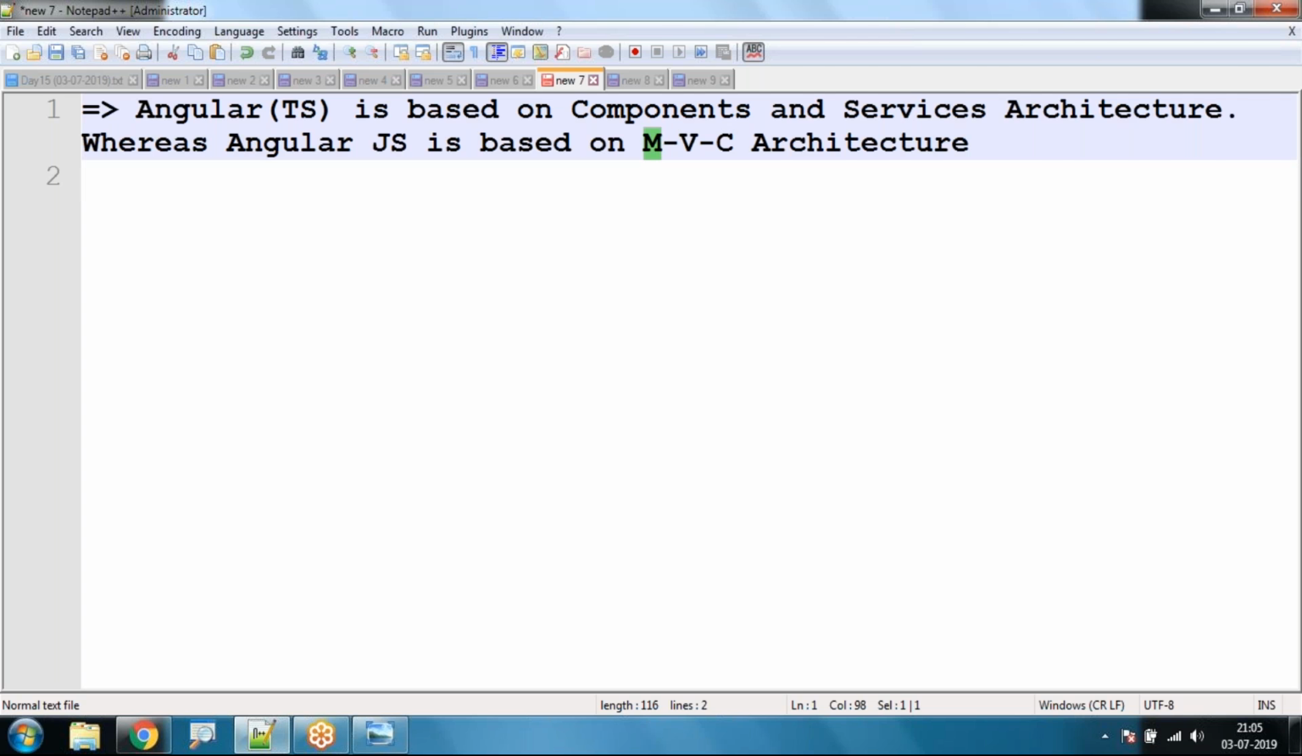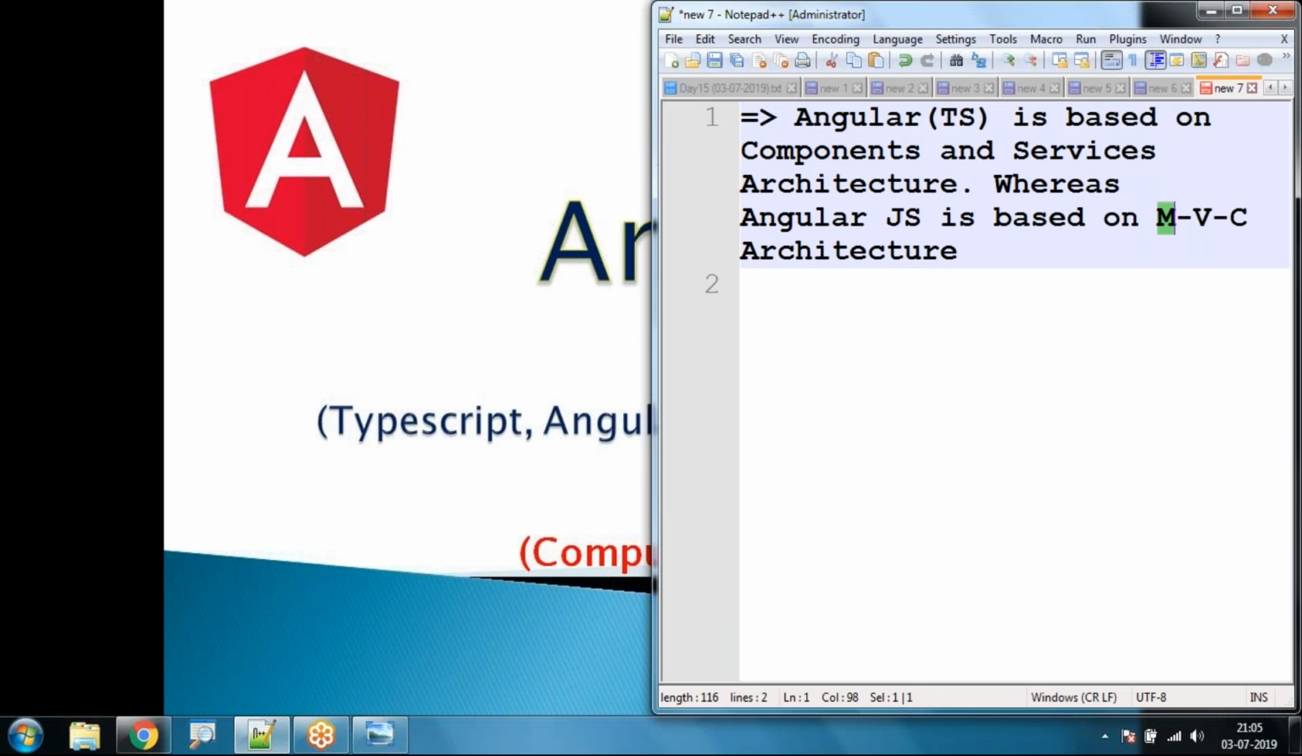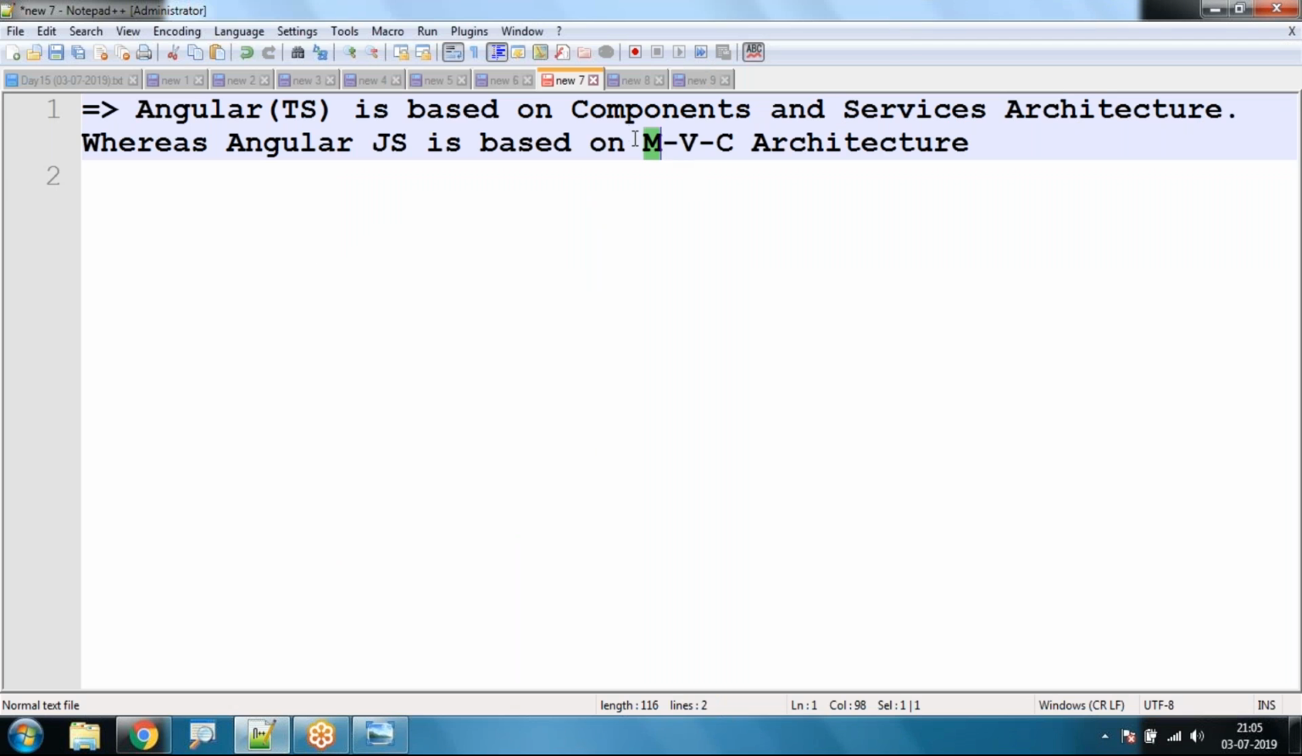MVC stands for model view controller, right, guys? So model means data, view means presentation of data, and controller means logic. So these three are separated in